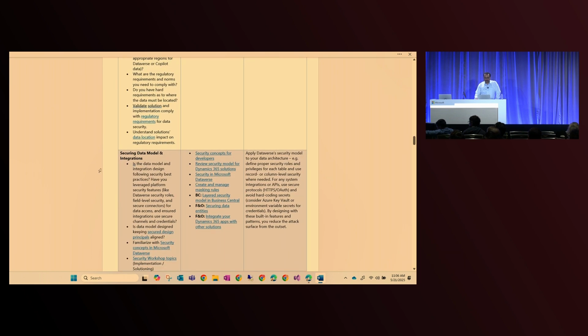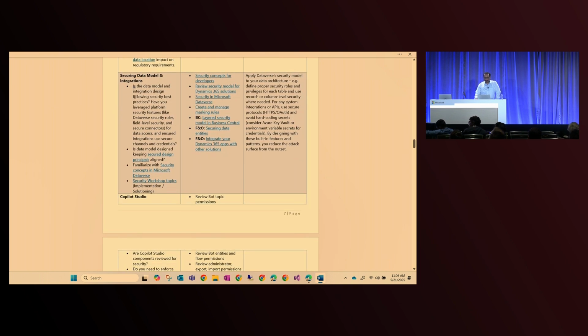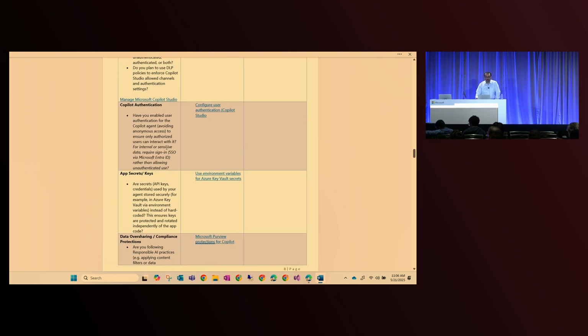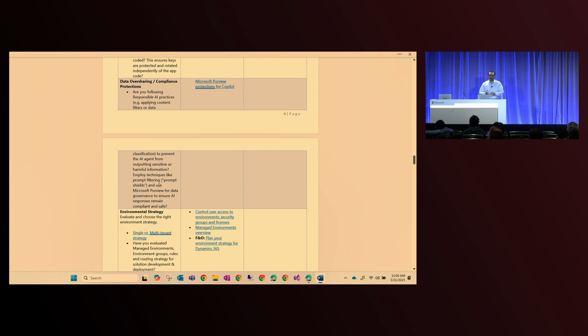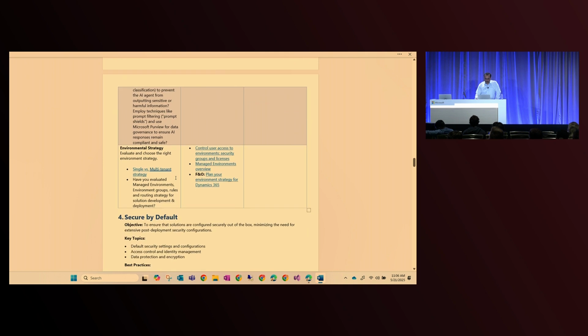Are you talking about the data model? What type of security you can talk about? We have certain questions as well, and certain links if you have certain specific workloads involved over there. Are you talking about the Copilot authentication? If there is authentication, do you want to keep it anonymous access? Do you want to do it manually due to the use case as well? Or you want to run it, which is secure by default with your Entra ID as well? Are there any responsible AI best practices over here? If there is any compliance requirements over there as well, so you can check about these things over here as well.